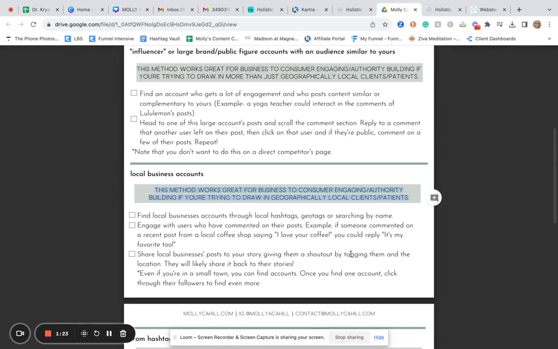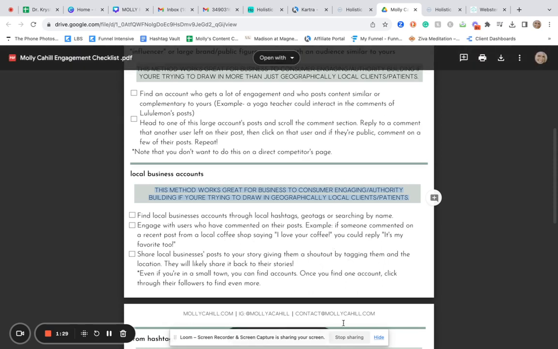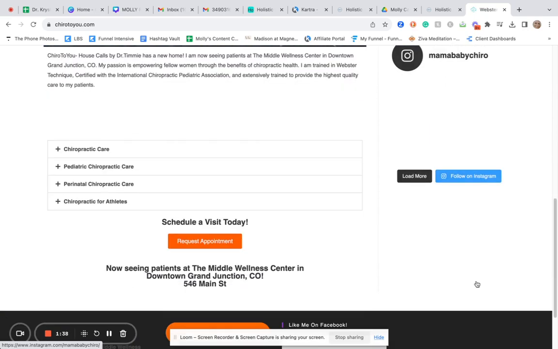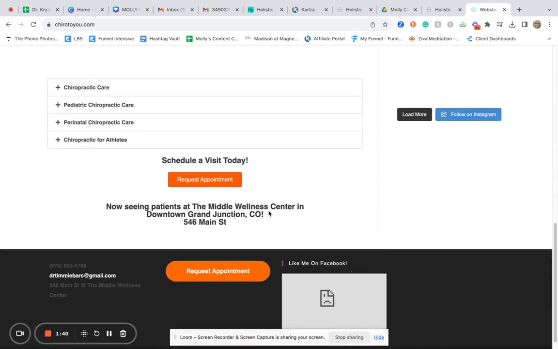I know it can be hard. It's okay if they don't necessarily write back when you're commenting on them. But here are some ideas of places to look. Sometimes you've got to reverse engineer. I'm not going to spend a ton of time going through all of these, but hopefully this will be helpful to see how we do it for clients.